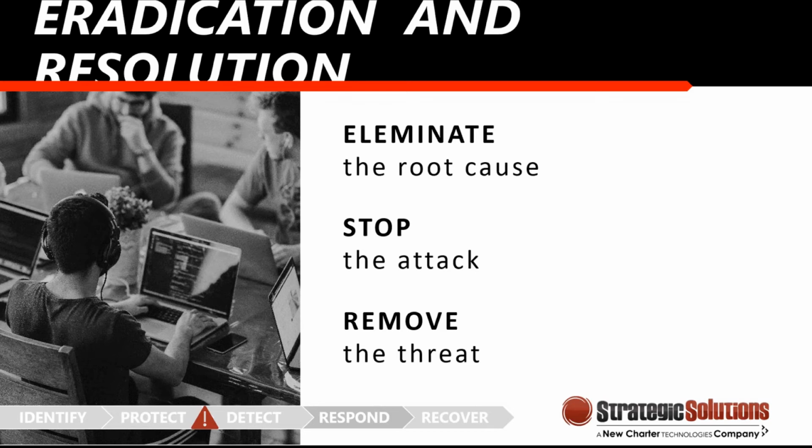We need to remove the threat and make sure that there is no lingering evidence or lingering programs, lingering things that could come up later and affect us, whether that is resetting passwords, resetting wireless networks, or wiping something clean. We need to know exactly what we expect of our team during this response phase. How do we expect them to eradicate and resolve any sort of risks or security incidents? Those steps all need to be predetermined, pre-discussed,